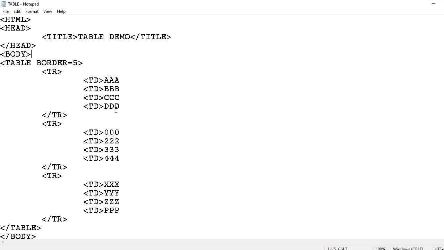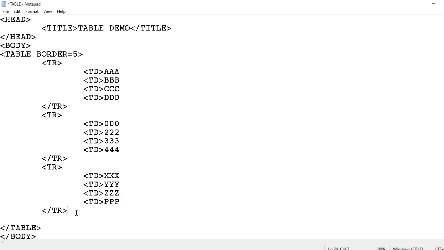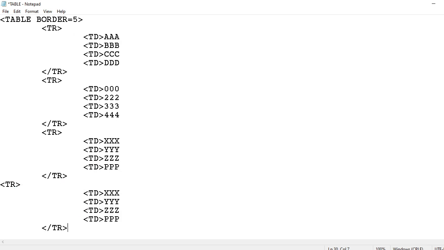Go through your book and master this table. You can prepare any rows and any columns. Suppose I delete this third line. Then only 2 rows will be there. If I want to add one more, I can add one more. Suppose I want to add one more, then I am going to increase one more table row. Very simple. See, I am writing here, and one more table row I have added.